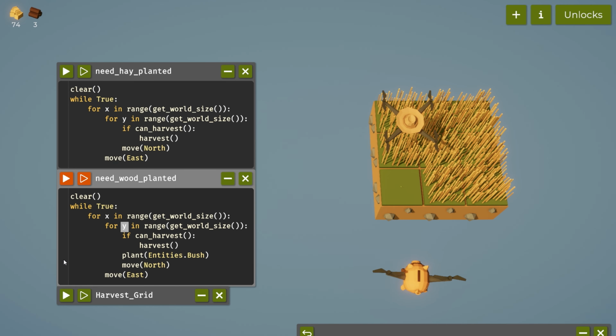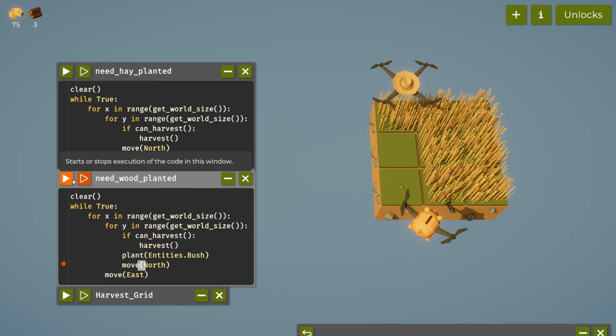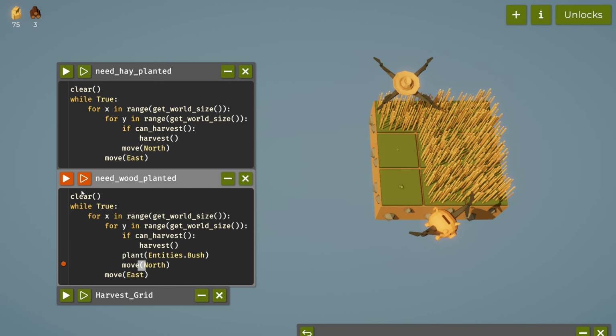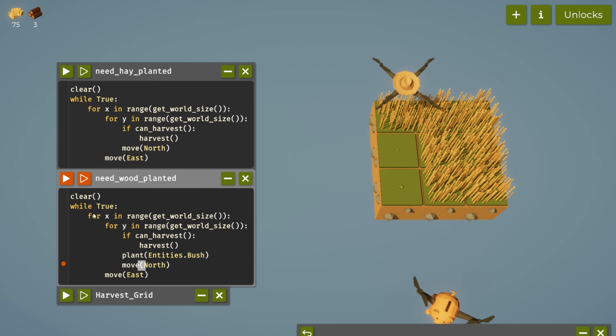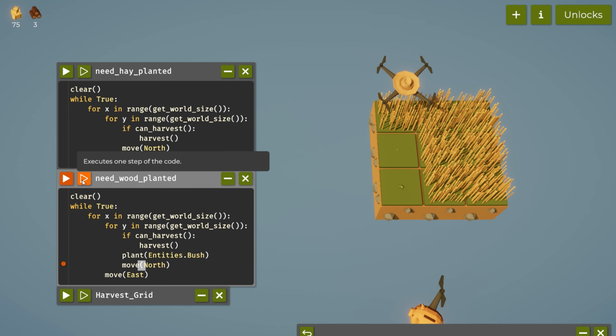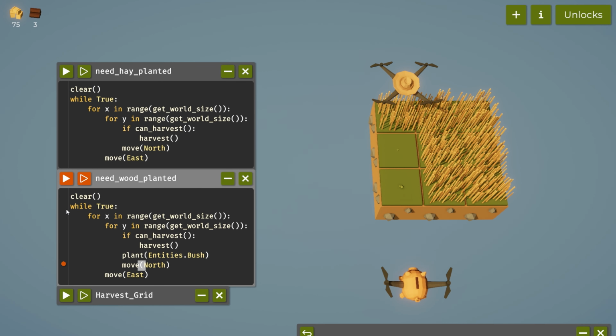So you don't have to try and get to it. If you want to stop at a certain point and say, okay, I know there's a problem here, I don't know what the heck's going on, I don't want to keep tabbing all the way through this 5 billion times, let's just get it to stop here. And that's useful. And then also you can hit